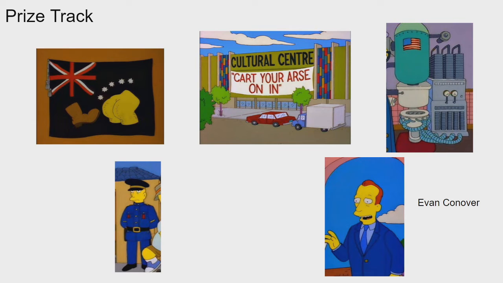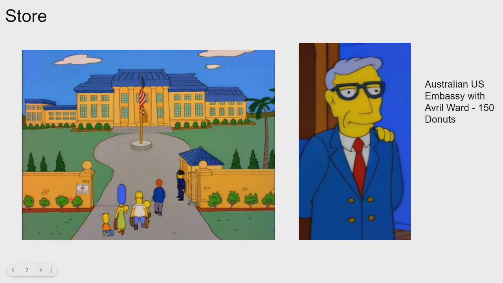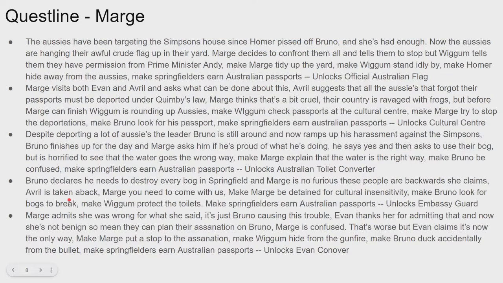So you get this as a flag, and it will just add. I guess it could be added to the store for donuts as well, maybe. Yeah, sure, why not? So Marge visits both Ethan and Avril and asks them what can be done about this, and Avril suggests that